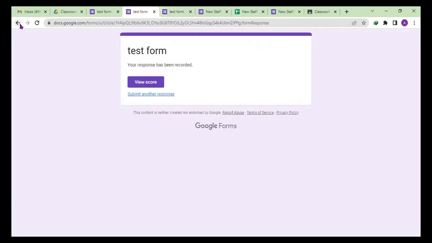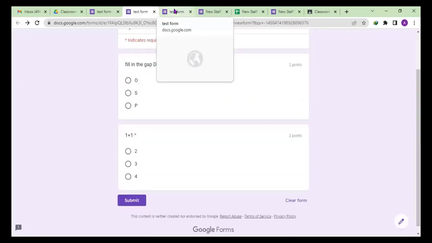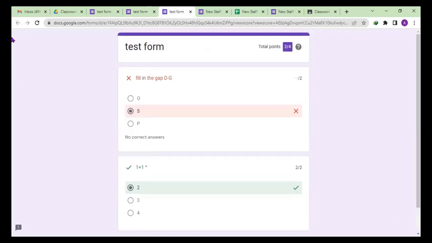So that is how to fill the form. The more you practice, the more you understand how Google Forms work. Now, the next thing we want to look at is